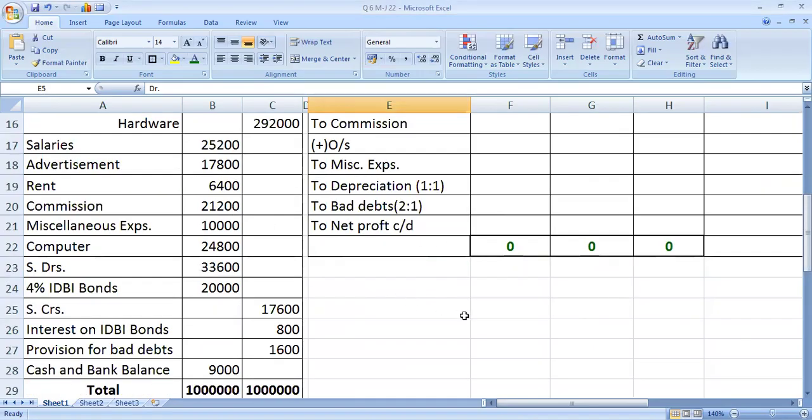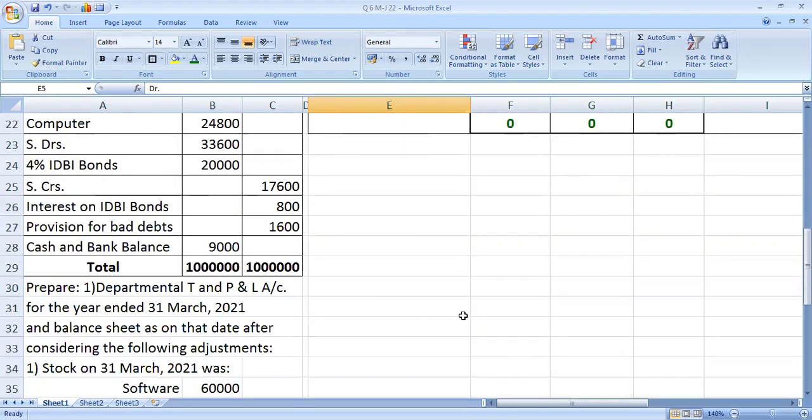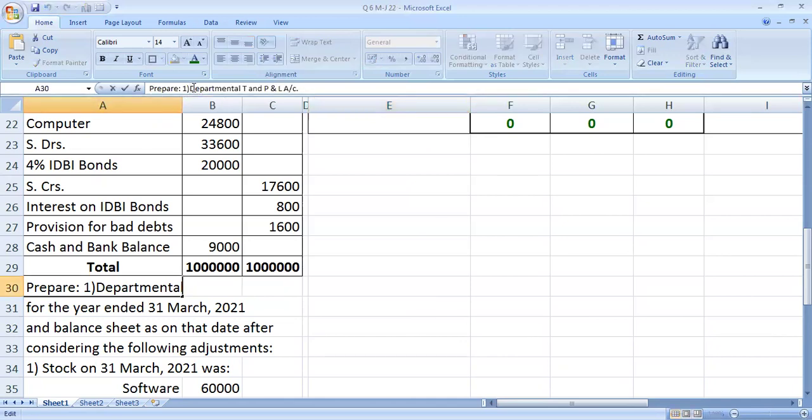Commission 21,200, miscellaneous expenses 10,000, computer 24,800, sundry debtors 33,600, 4% IDBI bonds 20,000, sundry creditors 17,600, interest on IDBI bond credit side 800, provision for bad debts 1,600, cash and bank balance 9,000. Total of the trial balance is rupees 10 lakh. Prepare departmental trading and profit and loss account for the year ended 31st March 2021